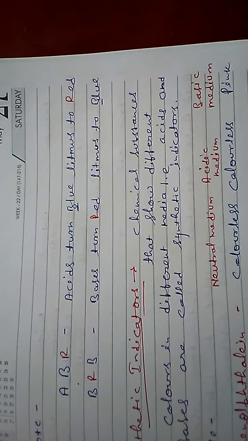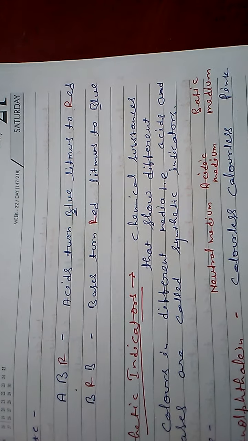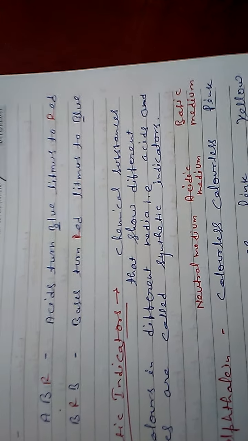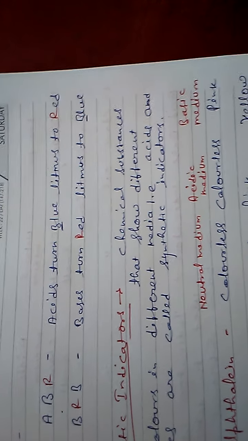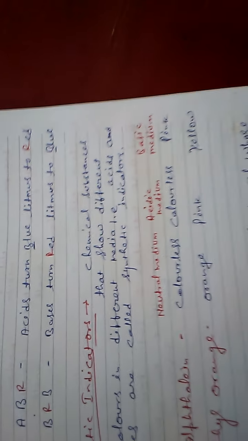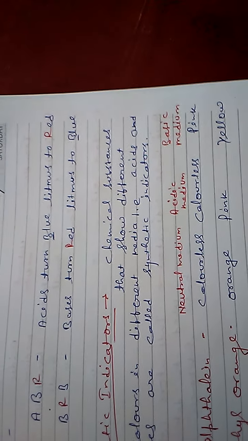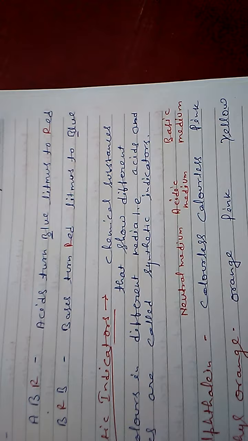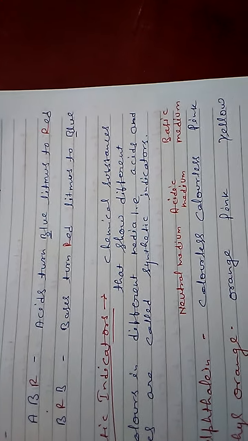And one more thing, very common, very easy to understand. When you put a blue litmus strip in any solution, and its color remains blue, it means the solution is basic. Whereas if its color changes from blue to red, it means the solution is acidic. In acidic solution, no matter whether you use blue or red litmus paper strip, it will always change to red or remain red. Same way, when you use a blue or red litmus strip and the solution is basic, then the color will remain blue. Clear?